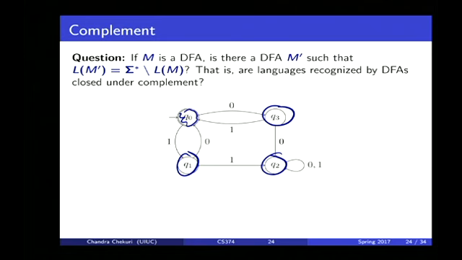So that was a powerful operation, because with regular languages, it was not obvious that we can complement and still make it regular, right? So we had difficulty saying, oh, how do we figure out a regular expression for all strings which don't have 0, 0 as a substring? It was not easy to figure out how to write a regular expression for it, right? But with DFAs, it's very easy, right? We just flip the accepting states and we can easily get the complement. Okay? So the other operations we would be interested in are